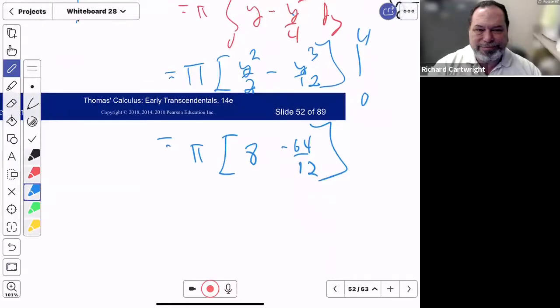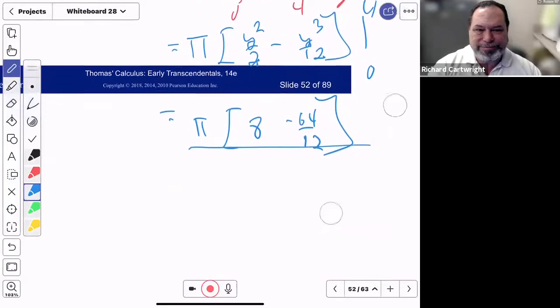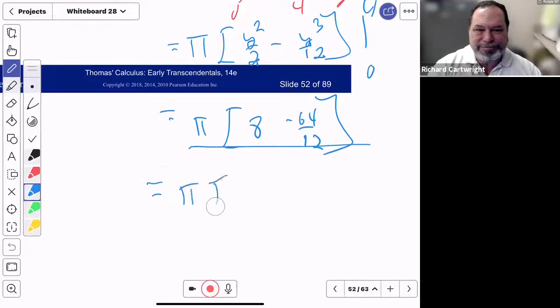And technically on an AP exam, you could stop right now. That is the answer. It's just not simplified. And on the AP test, time is money. So I would stop, but pi, and this becomes